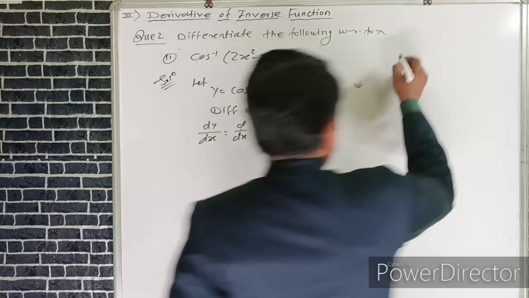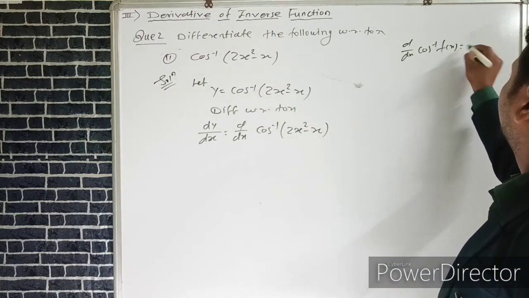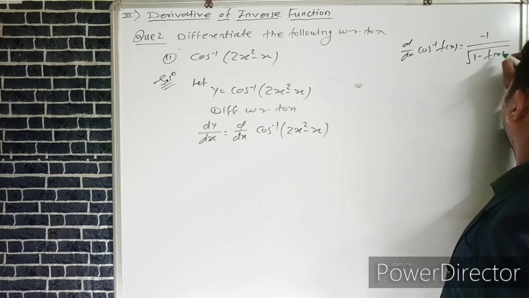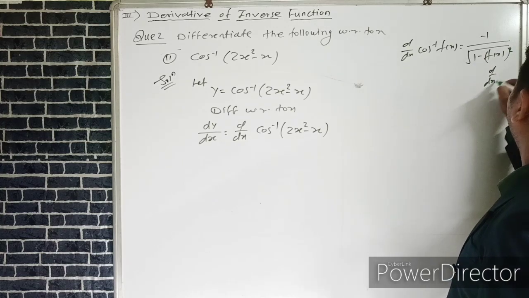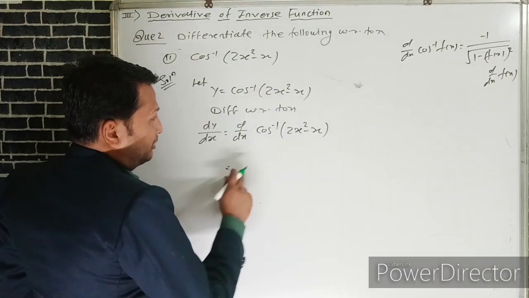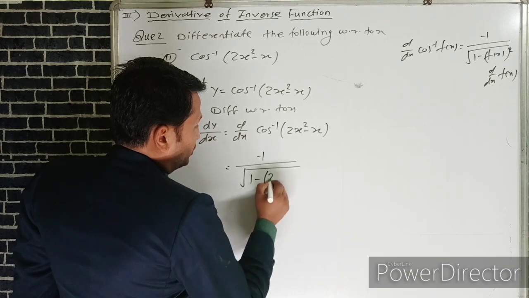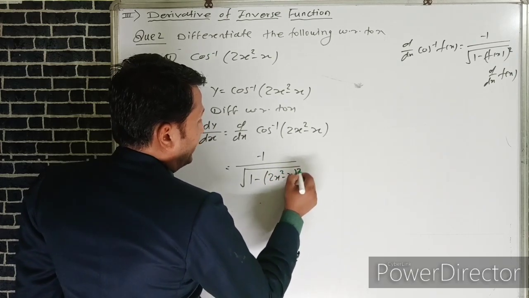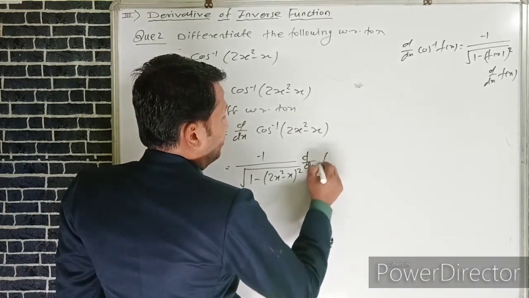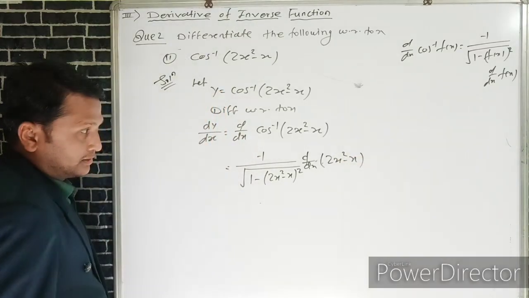We know that the derivative of cos inverse f of x is equal to minus 1 upon under root of 1 minus f of x whole bracket square, into again the derivative of f of x. Hence we can write the derivative of cos inverse x is minus 1 upon under root of 1 minus 2x square minus x whole bracket square. And we take again the derivative of the function f of x, meaning 2x square minus x,